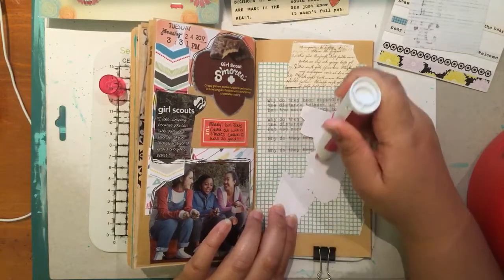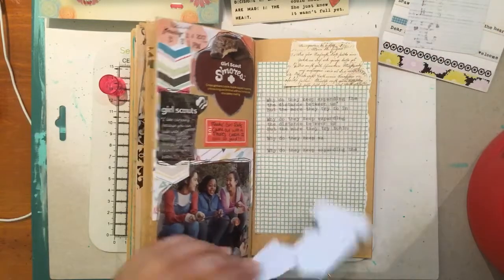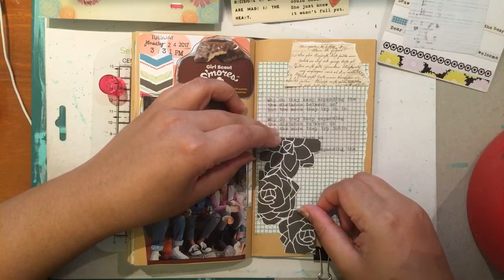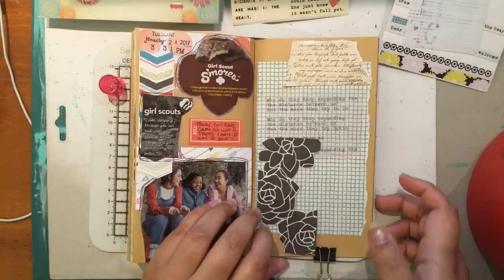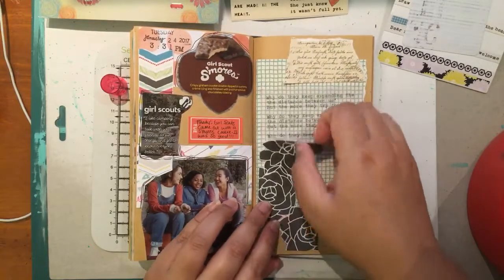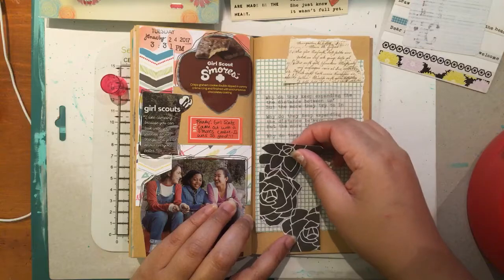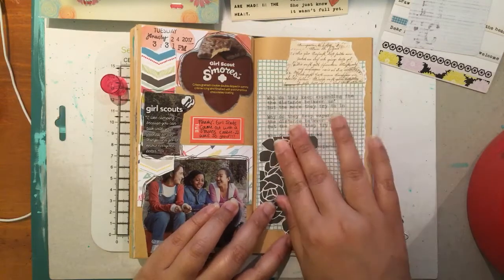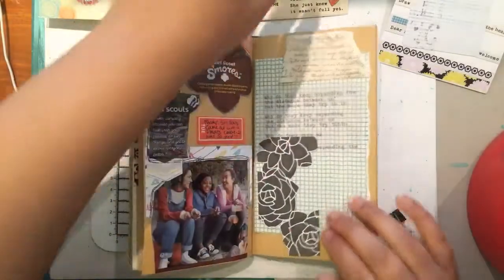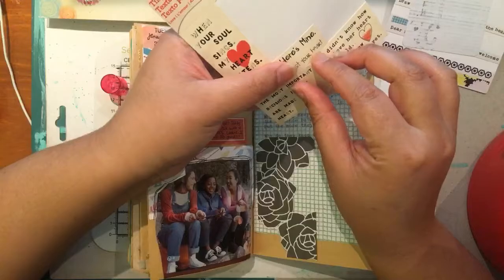And this has to be one of my favorite floral papers from the Emmy Tan Stitch collection. Let me take this clip out first. Okay, so I'm pretty much done with my base, and I know for a fact that I'm going to use